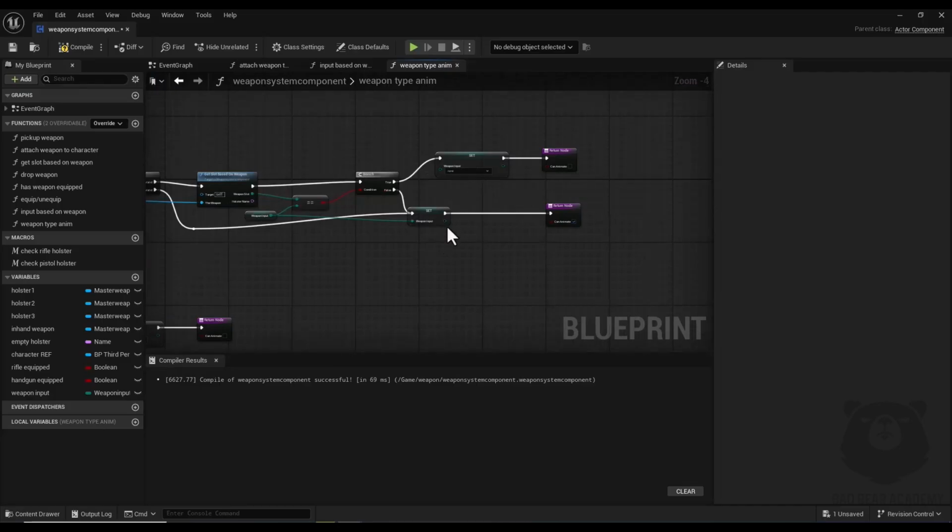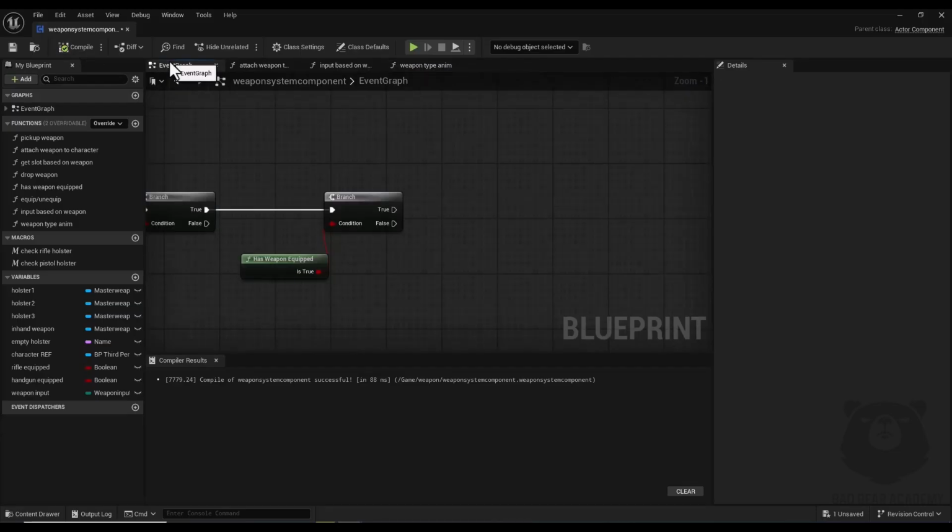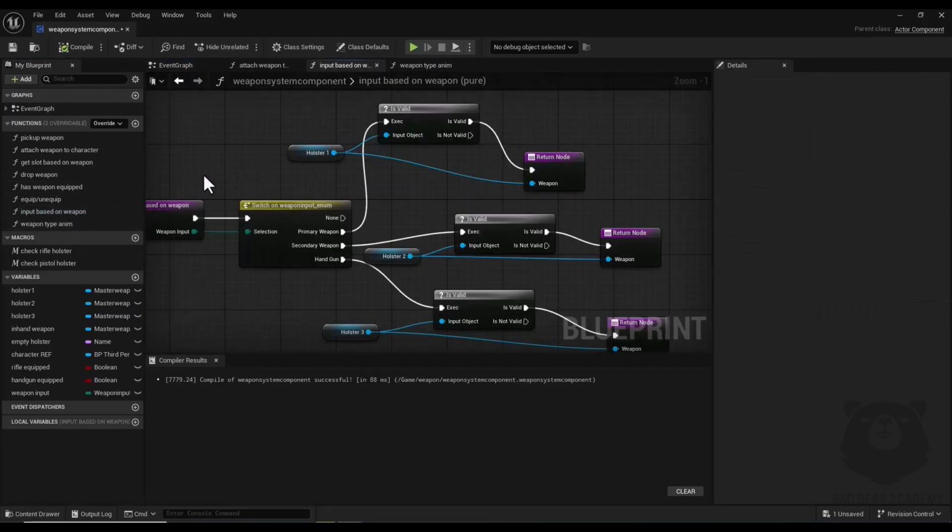Alright, now I compile and go back to event graph,